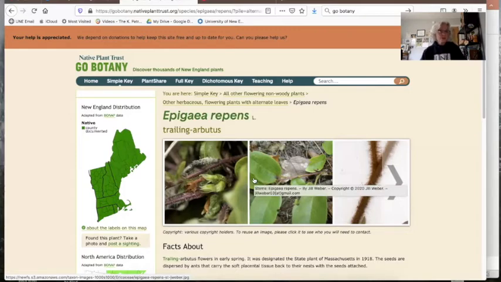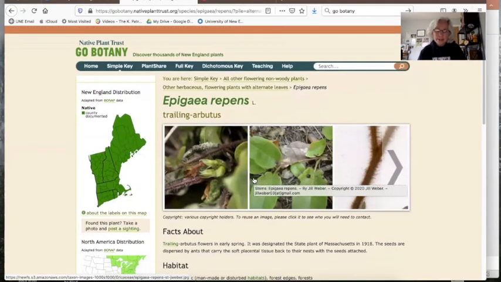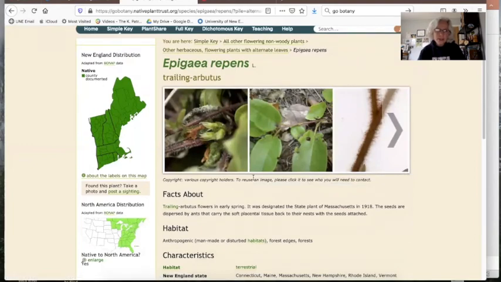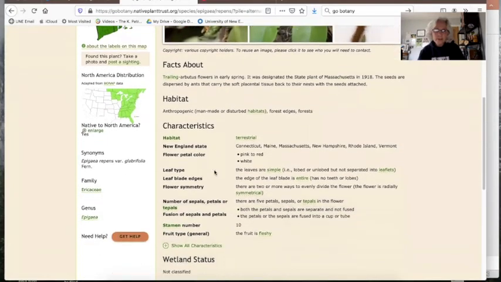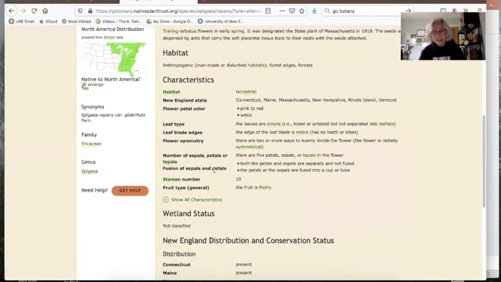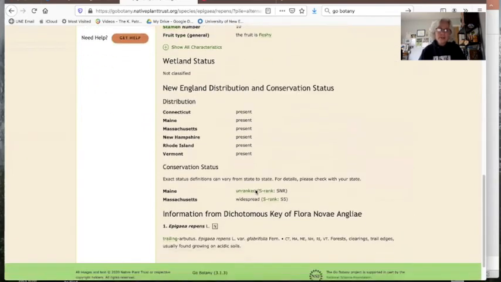Now, I'll be honest with you, often I don't get the right plant the first time I go through this and come up with an answer. So sometimes you have to backtrack and make a different choice or add some more information to try and narrow it down. But one of the really important things is that leaf arrangement. If you get that right, and sometimes you can answer questions about how many petals there are. So you can look and learn all kinds of cool stuff about your wildflower too, not just what its name is, but also some characteristics, things that you might have noted in your field journal, where it lives, what state,